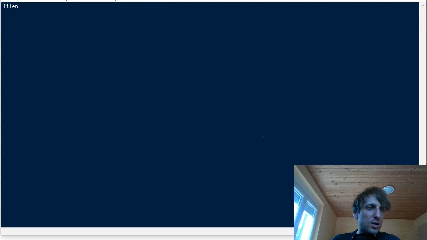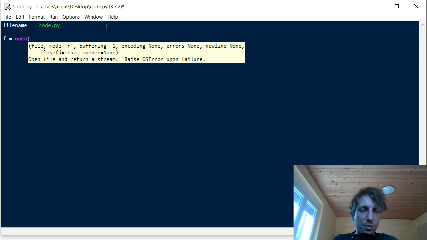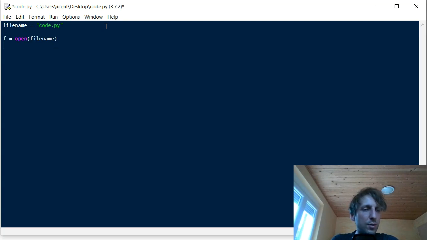So for example, here is one standard way of doing it. If you have a file name, say some file.py, maybe we can even read this code file itself. If I show you my editor, you see this code file is named code.py, so we can open this code file itself. And how do we do this? We call the open function on our file name, and now we have established a connection. We have opened the file and we can now read content from the file.